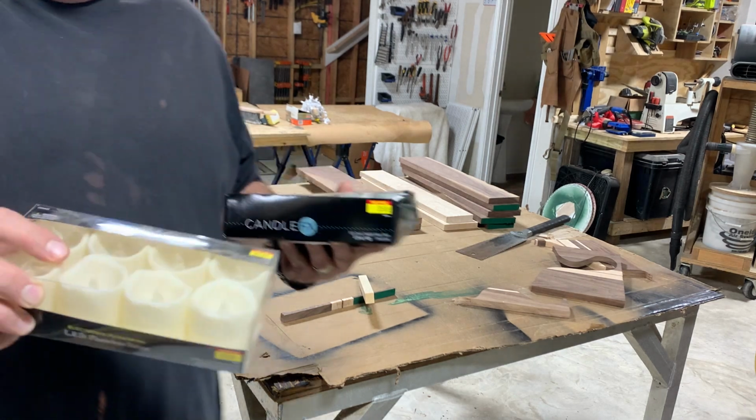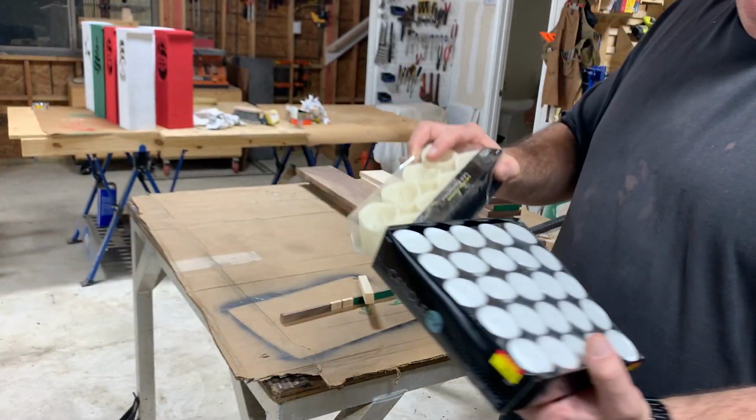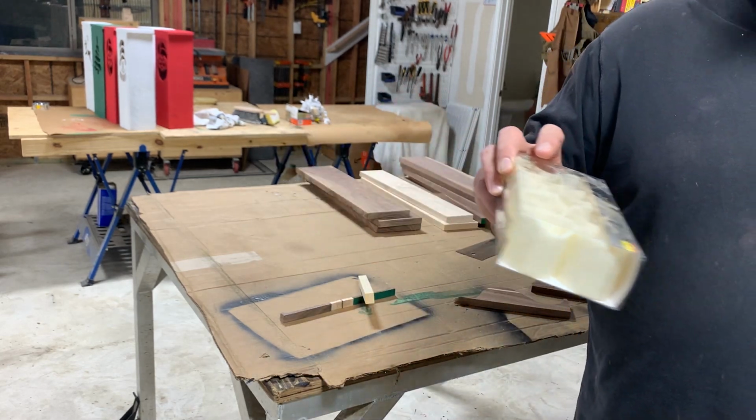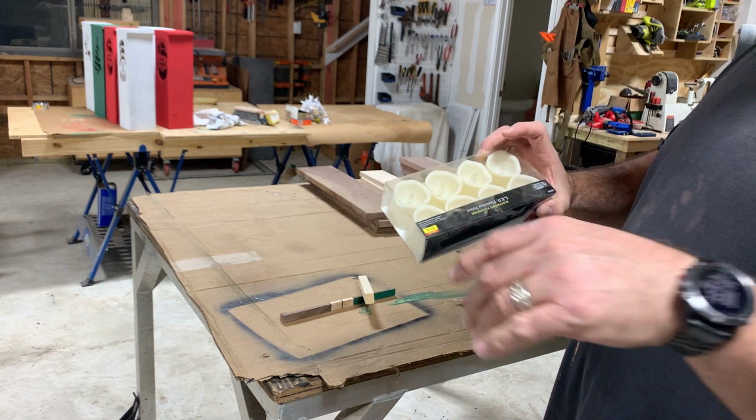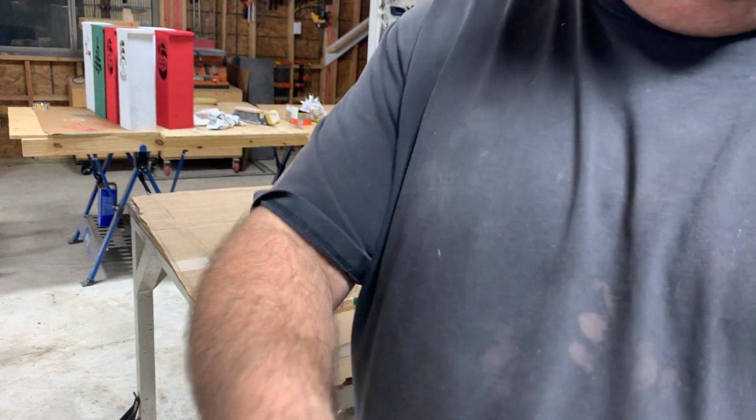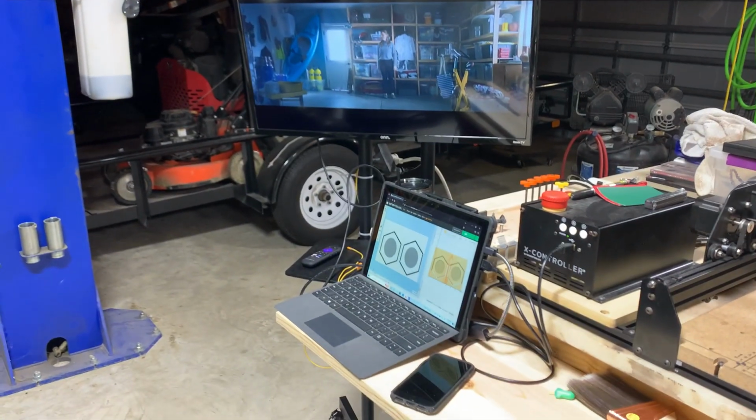We got two types. These are battery type and then actual candle type. But I'm going to do the battery type for right now, because I'm making a 2-inch hole instead of the 1.5 inches. So what I got going on here is an easel. I made